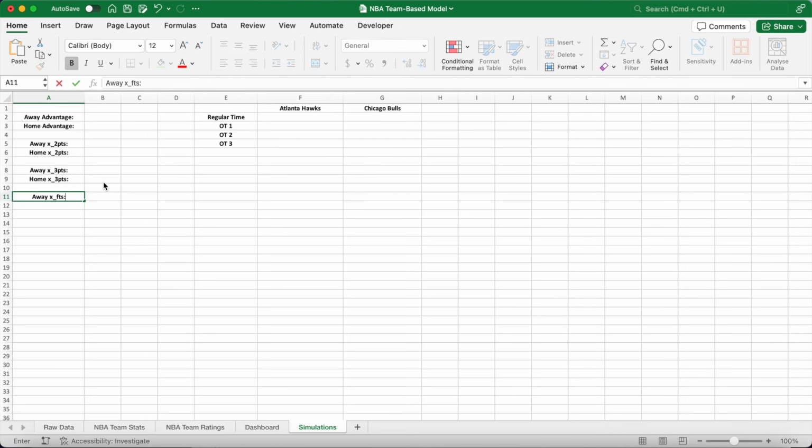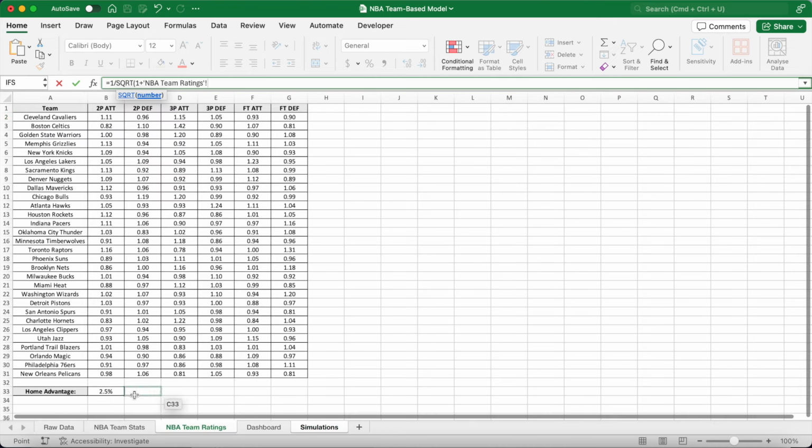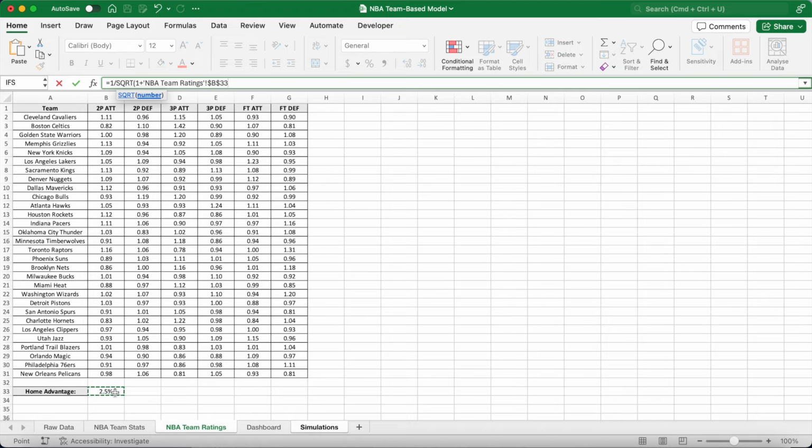Now using all of the multiples above, it's possible to find the away and home expected points, and those figures we'll put back into the dashboard worksheet when we work them out. Now, after you put all that text in, we can calculate the away and home advantage. We put earlier that the total advantage for the home team is 2.5%. So we'll use a multiplier so that it goes both ways. It reduces the away team's expected 2 points, 3 points, and free throws,